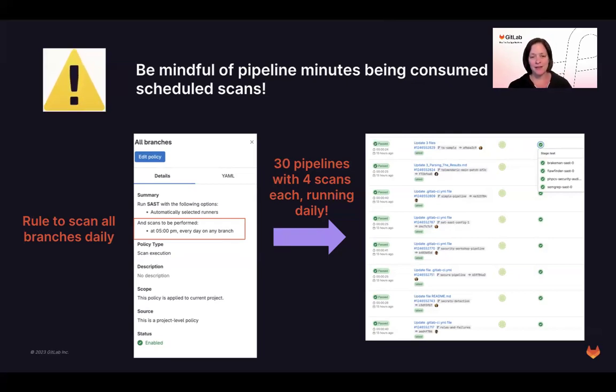Even if we have scan policies that say scan every branch, we're only seeing the default branch vulnerabilities in the vulnerability report. So the only way today that we can really see results of other branches we want to scan is to go to the pipeline security tab or create a merge request associated to that branch. And then you will see in the merge request widget the new vulnerabilities introduced that aren't in the default branch, but now exist in the other branch that we have scanned.